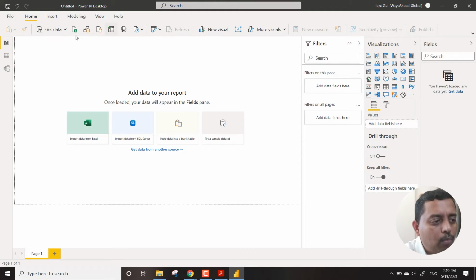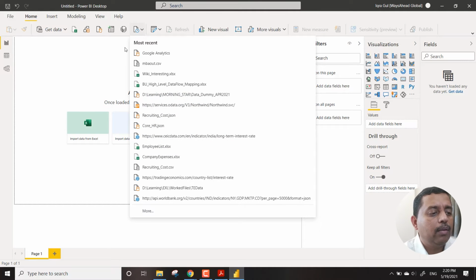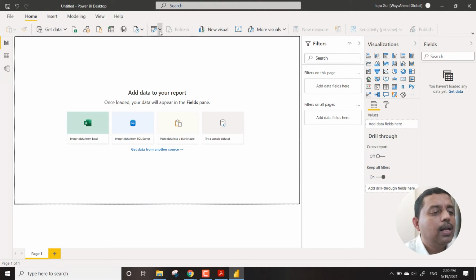So you have the home menu, which allows you to look for options like get data, connecting to SQL database and some live data sources, or creating a table and an endpoint connection, and then manage the recent sources, and then you have the transform data sources, and all these features are available over here.